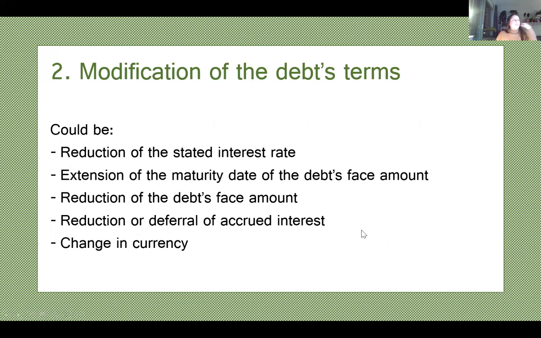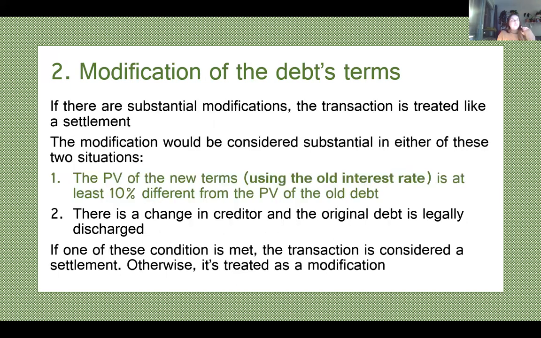If there's a modification of the debt's terms, so let's say that they reduce the maturity value, they reduce the stated interest rate, they extend the maturity date, stuff like that, what you're going to have to do is find if these modifications are substantial. And there's two ways that